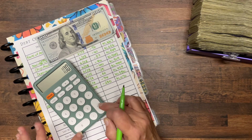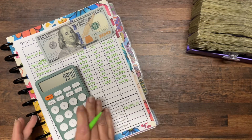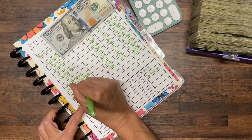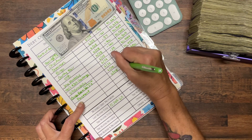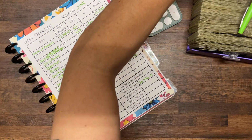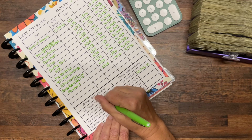10,070 minus 100 equals, yes, $9,970. Let me write this down. I'm just going to write payment, and we're going to do that on today minus 100. Oh my gosh, I'm so excited. Let's put this 100 in the tray. Alrighty, so this month's total is